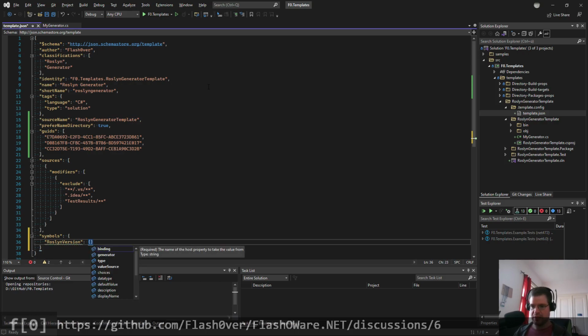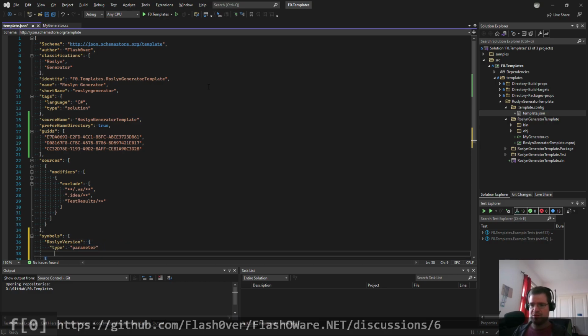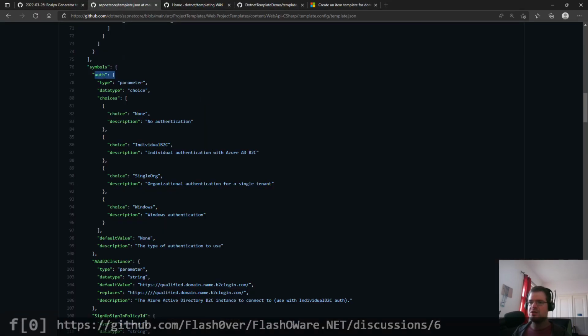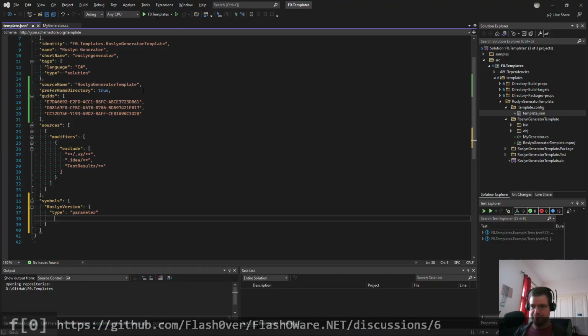colon. Okay, we will be needing a type. This is a parameter. So this will then map to an option in the CLI, or perhaps in an editor, then it will be a text field or maybe a dropdown. So the type is a parameter. What else do we got? We have a data type. The data type will be set to